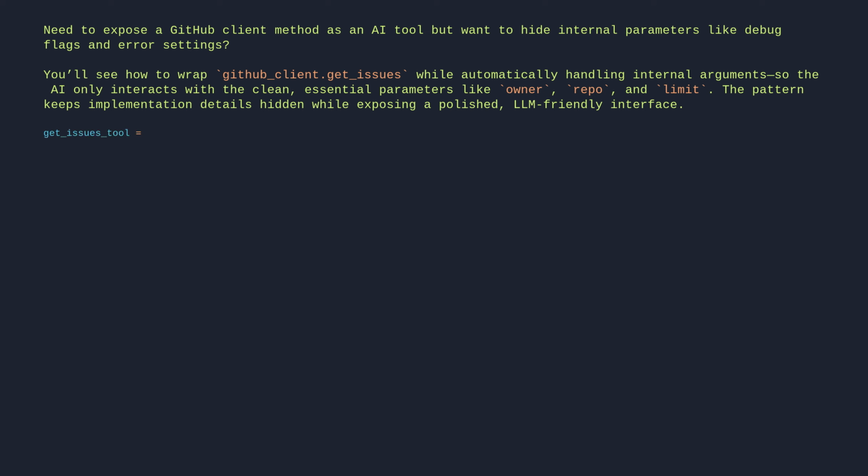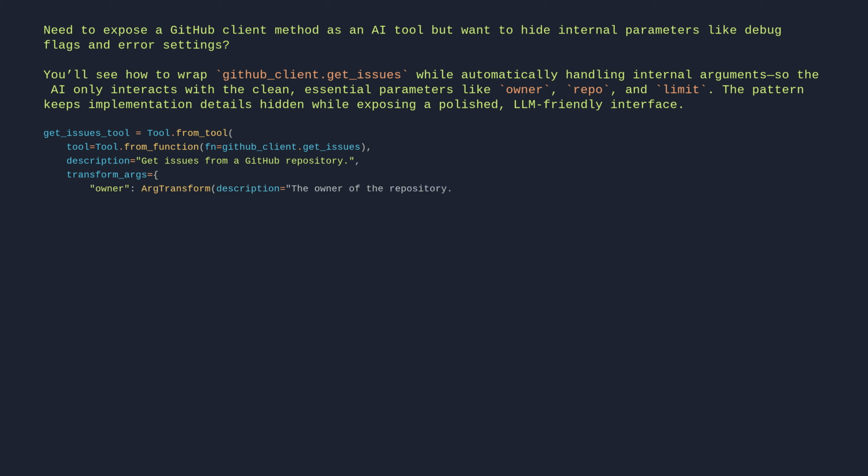get_issues_tool = Tool.from_tool(Tool.from_function(fn=GitHubClient.get_issues), description="Get issues from a GitHub repository.", transform_args={ owner: ArgTransform(description="The owner of the repository."), repo: ArgTransform(description="The name of the repository."), limit: ArgTransform(description="Maximum number of issues to return."),